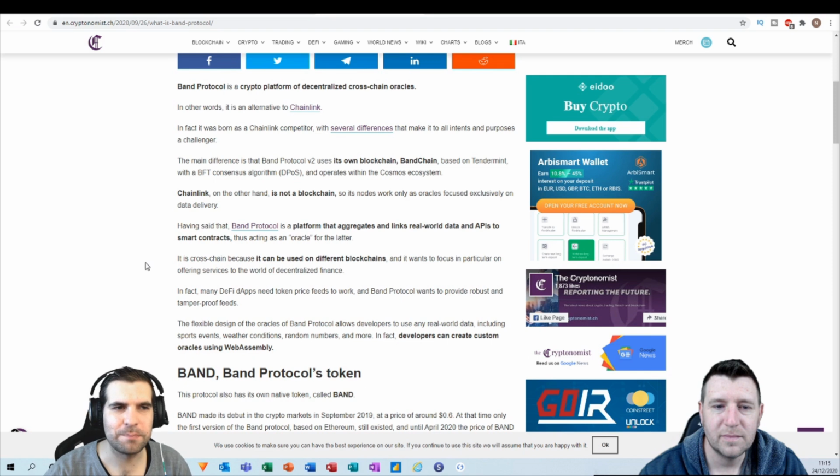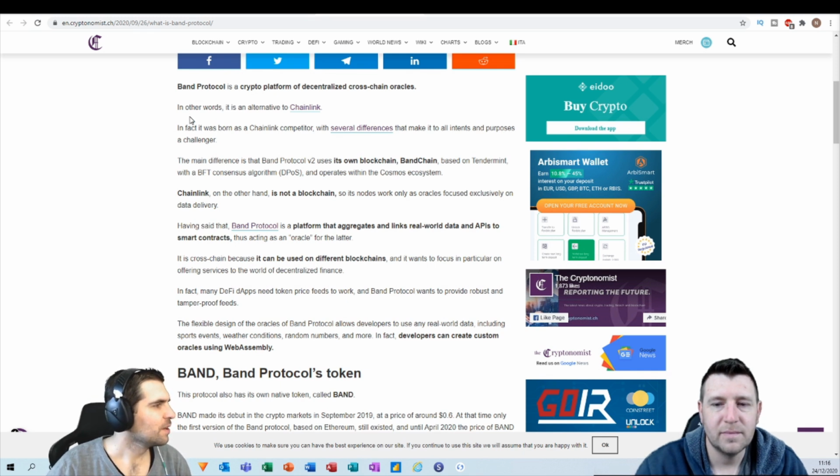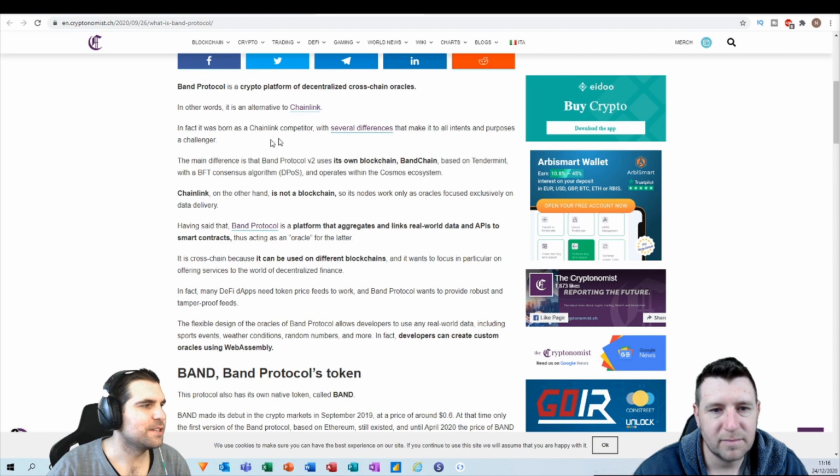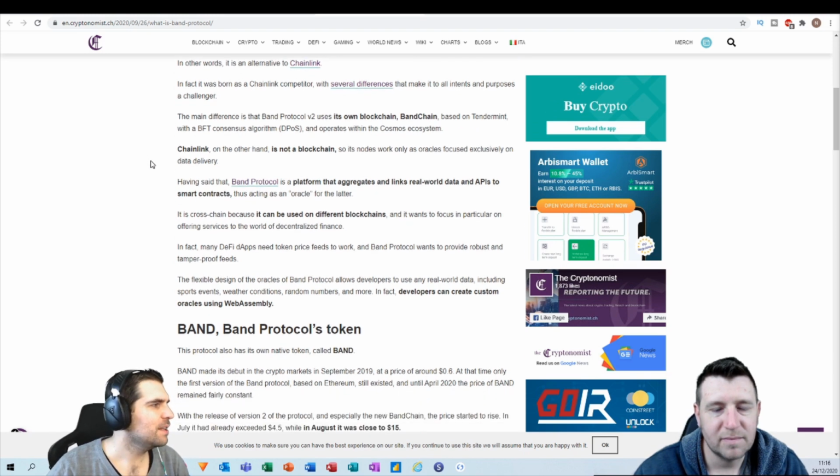But the difference between Band and Chainlink is Band is actually built on the Cosmos network. So in other words, it's an alternative to Chainlink. In fact, it was born as a Chainlink competitor with several differences that make it, to all intents and purposes, a challenger. The main difference is that Band Protocol v2 uses its own blockchain, BandChain, based on Tendermint, which is a BFT consensus algorithm,